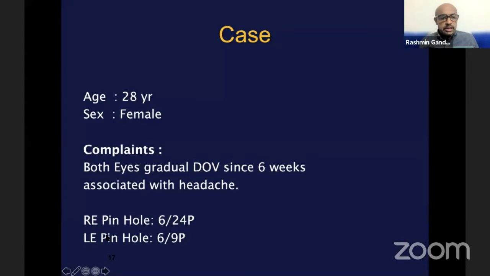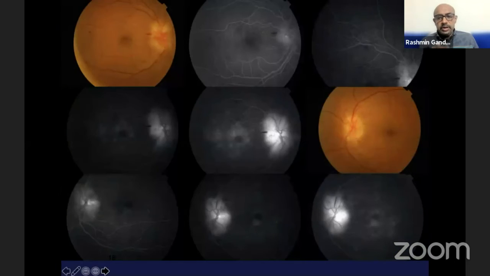Use number two: this is a 28-year-old female with a picture suggestive of papilledema. How do we use OCT here? OCT can give you an objective assessment of what is happening with your treatment. So the patient comes to you, you do average RNFL, and it will be increased because of disc edema. You follow the patient up and see what's happening. Is there any decrease in average RNFL as the patient undergoes treatment with Diamox or surgical treatment? It will give you an objective assessment that yes, the optic disc edema is reducing, getting reflected in a reduction of